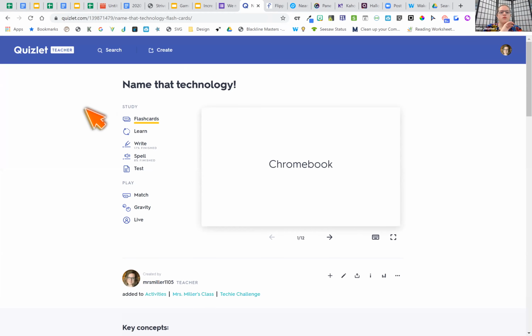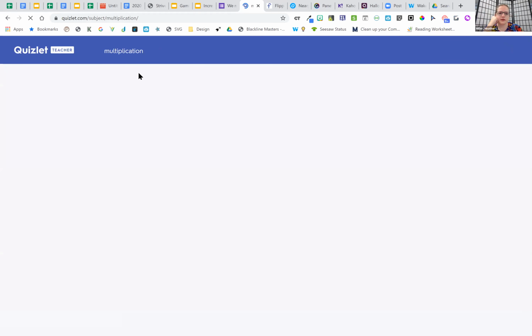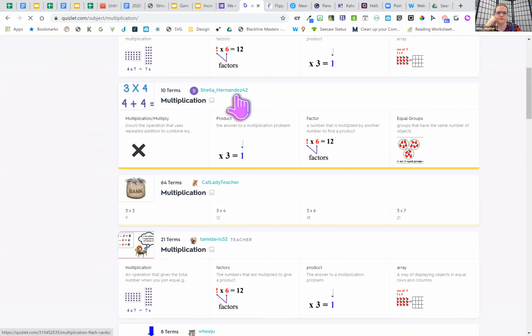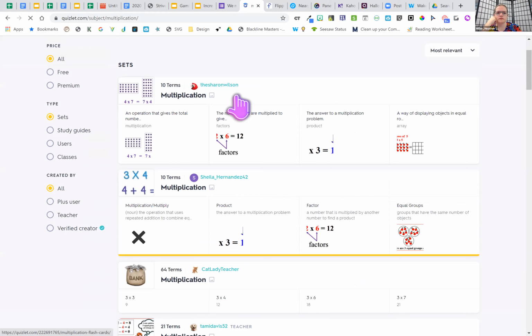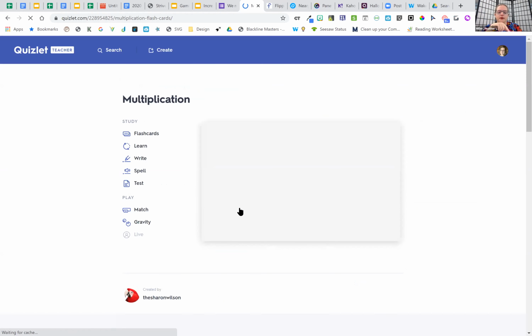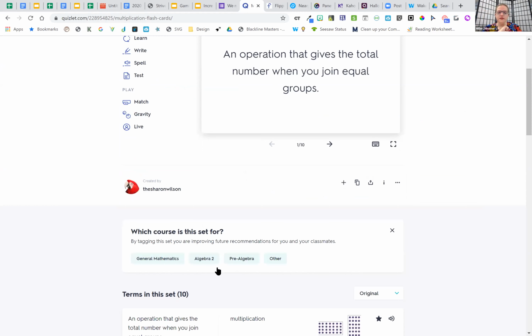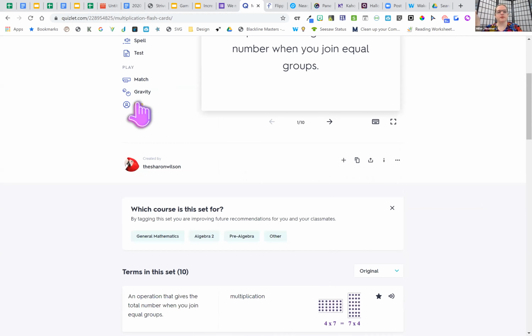Okay, while you're thinking of them, I'm just going to show you, here is the search. So let's just say I'm learning about multiplication, or whatever it might be, text features. There are all of these ones that are already created. So you can click on one of them. It pulls it up, and you don't even have to save it in your library. If you look down here and you're thinking, oh, all of these are good to go, so I'm ready, you can click live and boom, you can play with your class right away.